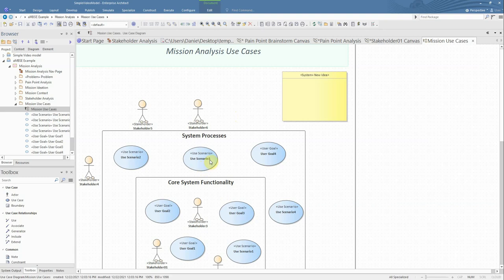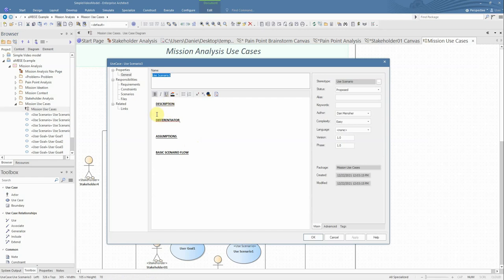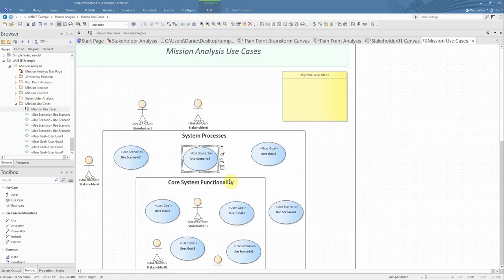And again, these all have model patterns and templates associated with them, where a description, why this is a differentiator, what are the assumptions, and then what are the basic flows. And this would get generated into the report as well. And this would also get set up and traced to user needs and use cases that we're going